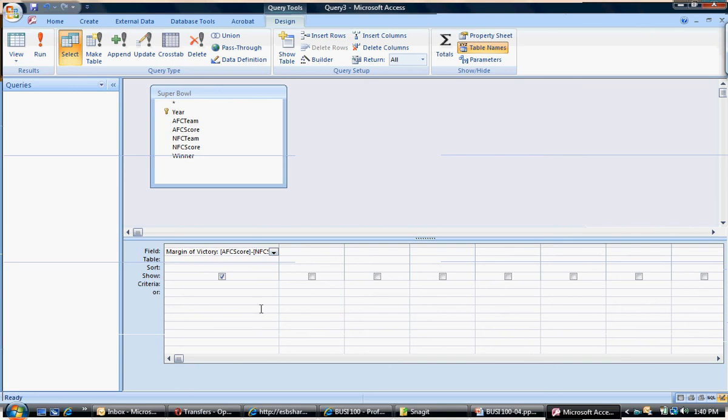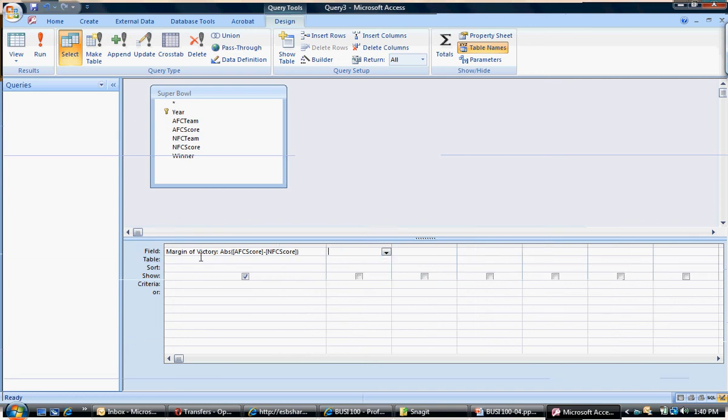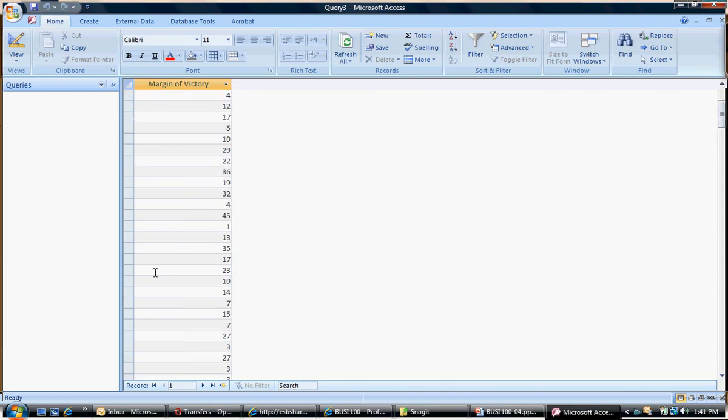And if you remember back to your basic math, the one way to get rid of negative values is to use the absolute value function. And in this case, within Access, it's ABS, parentheses. I go way to the end, put in another parentheses, let me tab out, expand that so you can see the entire syntax right here. So I have margin of victory, absolute value of the AFC score minus the NFC score. And if I go ahead and run that, now I have a bunch of numbers,